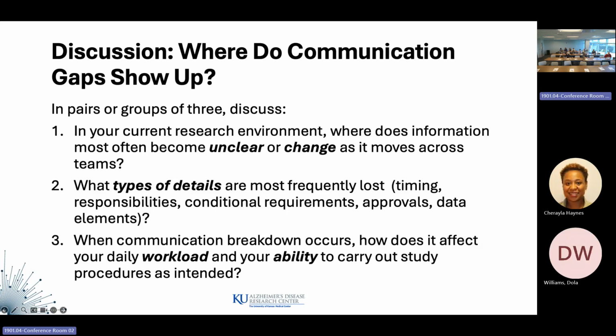One really important thing that I heard was it's helpful to have things written down. But some studies, like the one I just referenced, I looked at their manual of procedures. I think it's over 200 pages. Do I read all of that? I don't need all of that. I only need one piece of that. How do I find that one piece? How do I determine what's important? You can write everything down, have everything in writing, but that's not necessarily effective because you're putting so much work on yourself or a research assistant or the PI to say, hey, you need to read everything. It's just not effective.